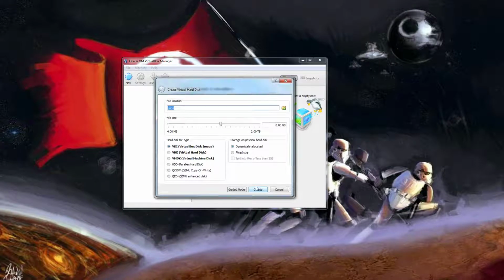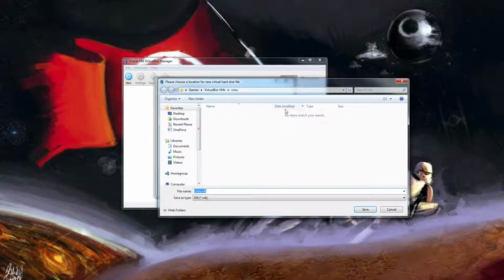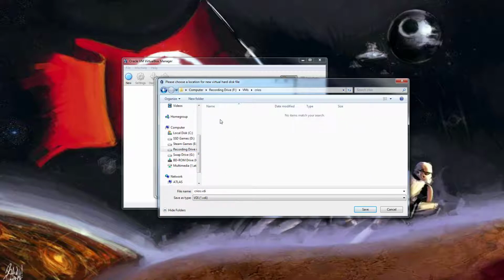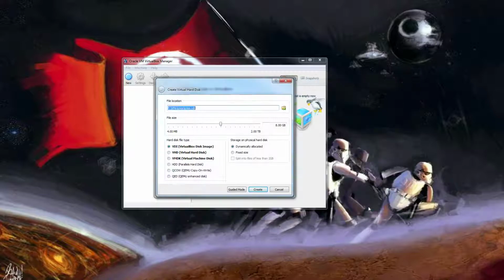So here we'll go ahead and we'll create this, and instead of going by default, it wants to put everything in a C drive. For some people that's okay. In my case, I've got more than one drive. So these are solid state drives, SSDs, and I don't want the virtual machine beating them up and chewing them up. So I've created a directory here on this hard drive, my recording drive, and that way it will run there. Let's see, and file size, let's give it,